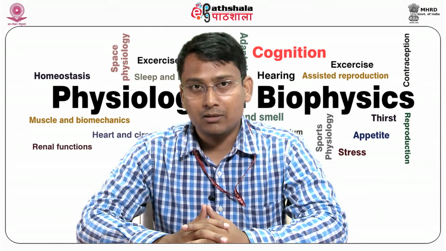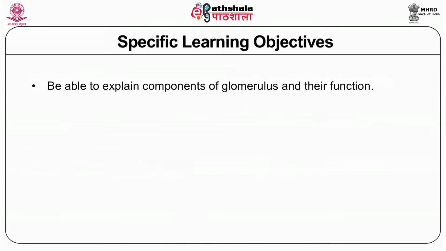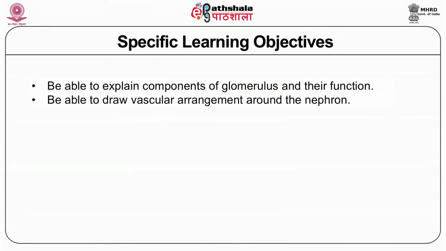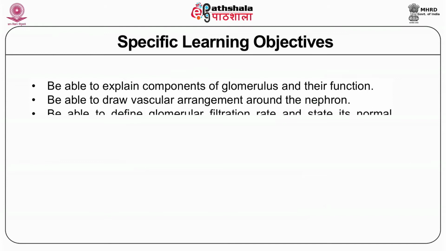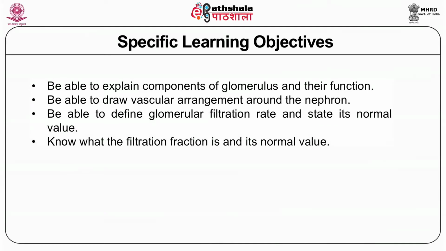So to begin with, we must know the specific learning objectives of this module. First objective is the student should be able to explain the components of glomerulus and the function, should be able to draw vascular arrangements around the nephron, should be able to define glomerular filtration rate and state its normal value,